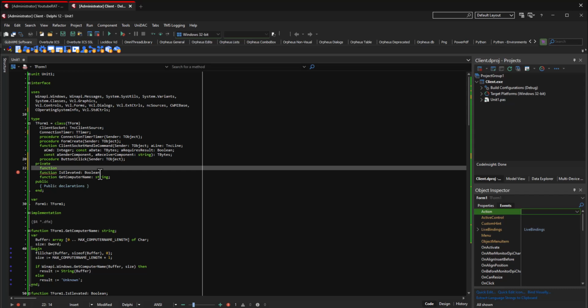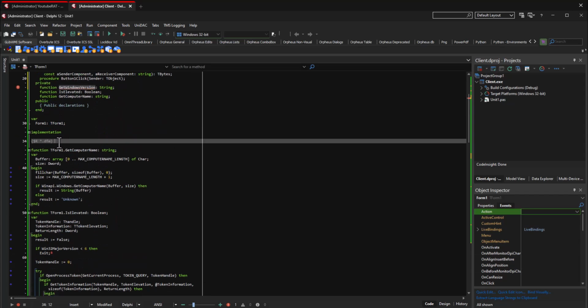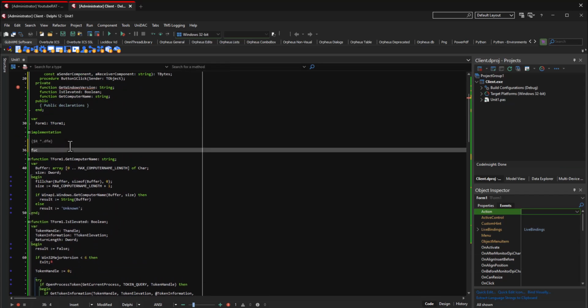So for this, we will do get Windows version. And this will return a string variable type, okay? Because it's going to be the string of Windows whatever, 7, 8, 9, 10, whatever, right? So this will be get Windows version, and we're going to come down here and we're going to program it right here. So function